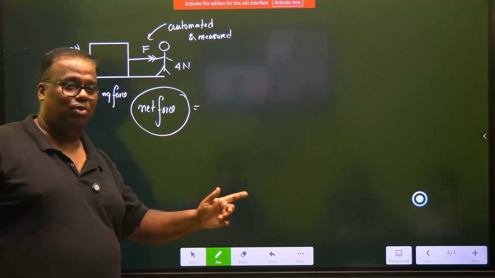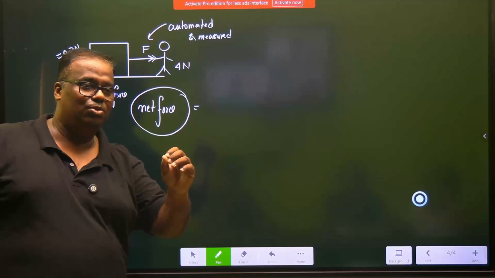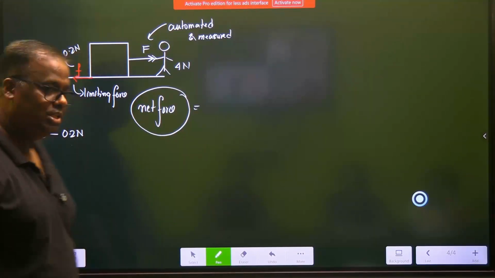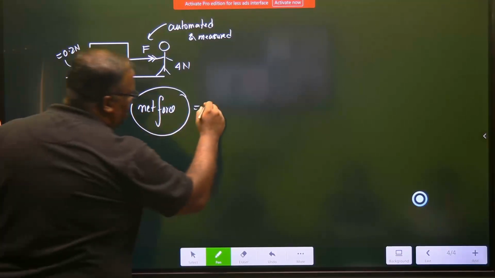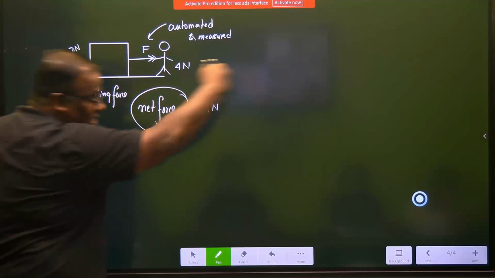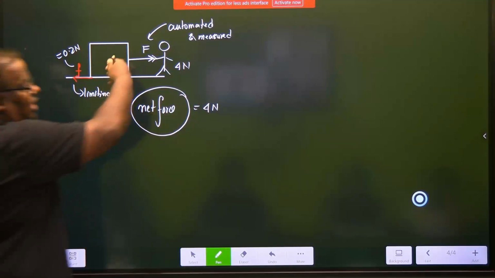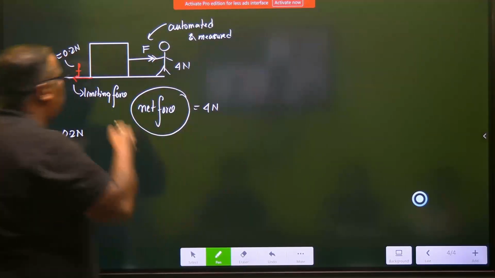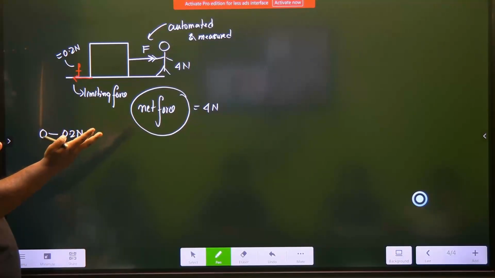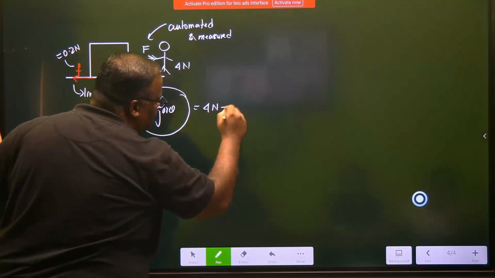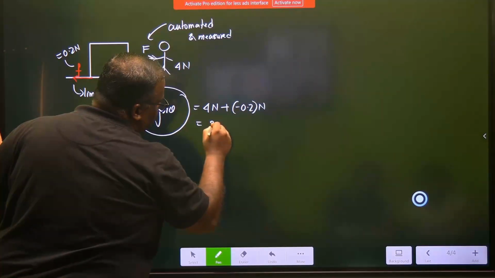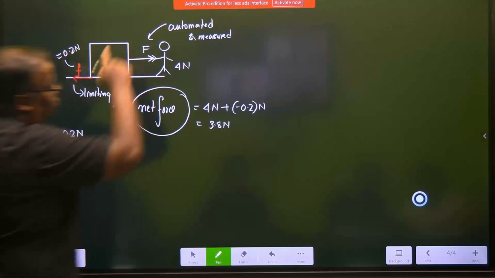70 minus 40, your net revenue or net purchasing power is how much? 30 rupees only. Do you understand? So the net force in this case would be whatever force you have applied, and if you are taking it as positive, means in this direction, force is a vector. If you are taking this direction as positive, then obviously this direction will be negative, and that's the trend. The right hand side is always taken as positive. So 4 Newton plus minus of 0.2 Newton, which I'll say is 3.8 Newton, is the net force that is